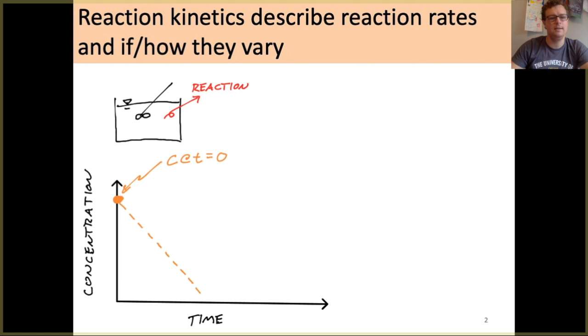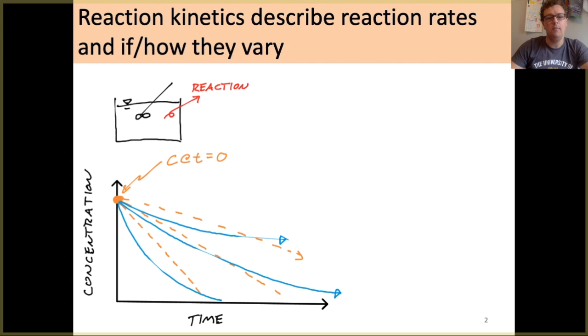So if we went back and sampled it repeatedly, maybe we would see something that looked like this dashed line. Maybe we'd see something that was linear but with a slightly different slope. Or maybe we'd see something in a different shape, perhaps exponential, as I've shown here in blue. So the idea of what we're going to do today is ask, how does this chemical reaction rate proceed? Right? If we've got A and B that are combining to turn into C,